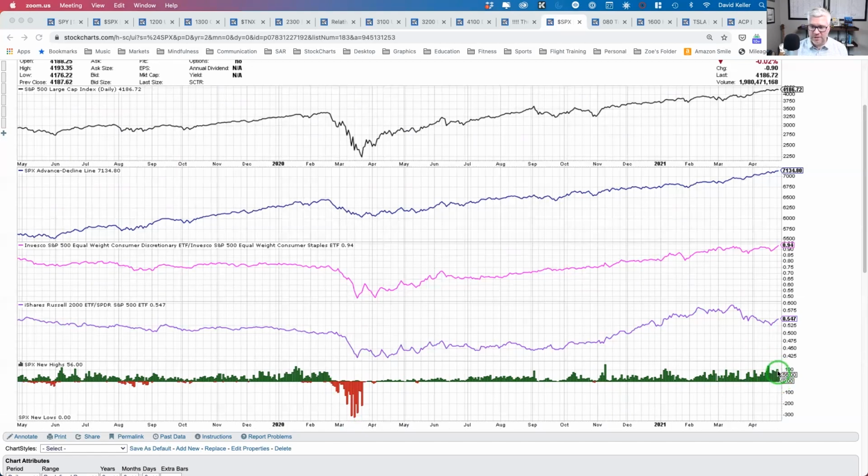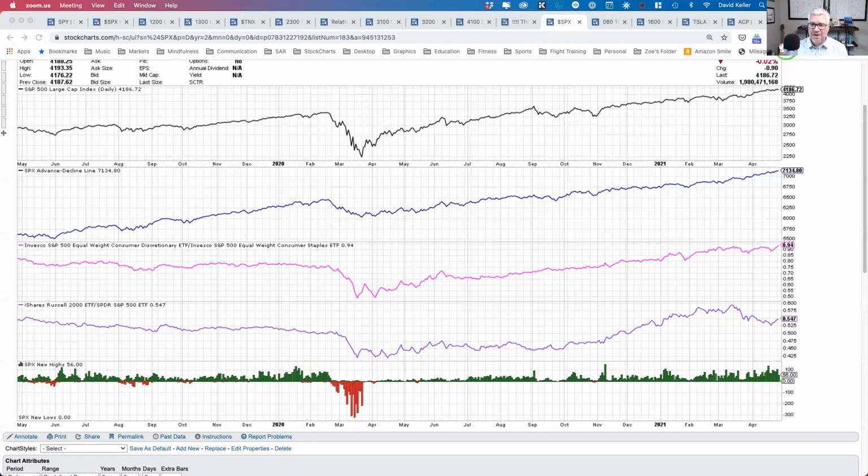So overall, if you look here, recently when we had a big up day, I think this is last Friday, maybe what we're looking at here. But basically when you had a big up day in stocks, about 20% of the S&P was making a new 52-week high. That's a pretty decent number. That's a healthy number within an uptrend.